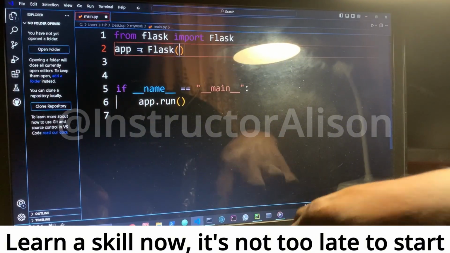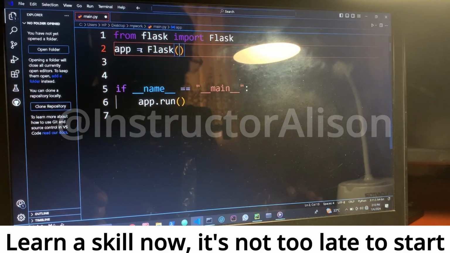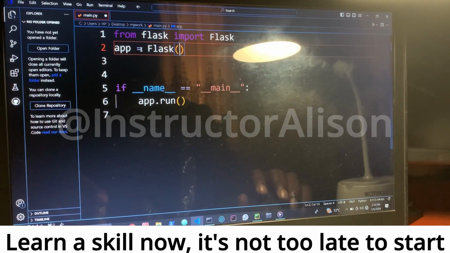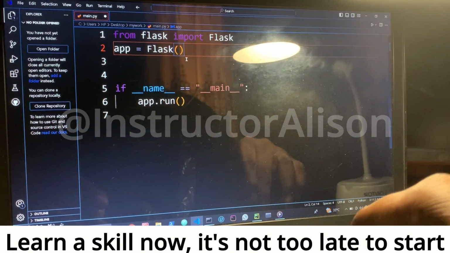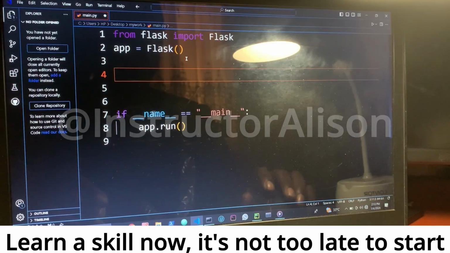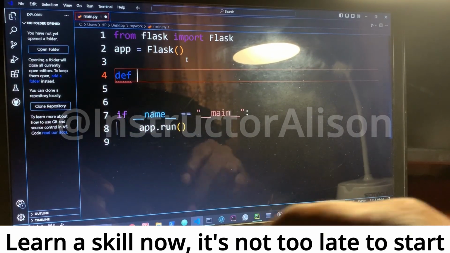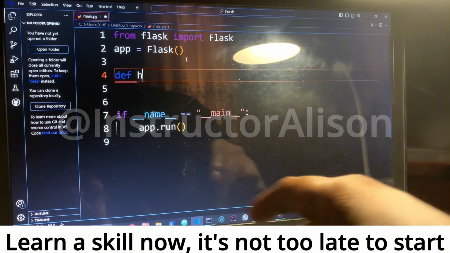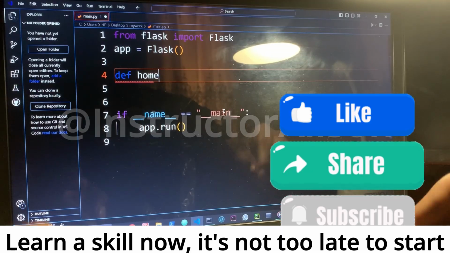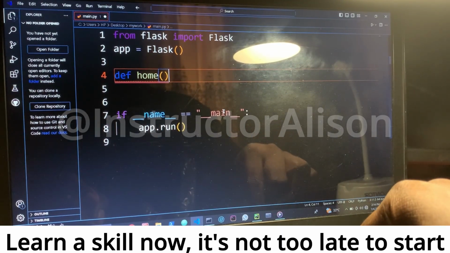And then the next thing you need to do at this point is, when you set it to be equal to Flask, you then will need to have a def, which in this case I can use home. You can use any other name if you want. And then after that,